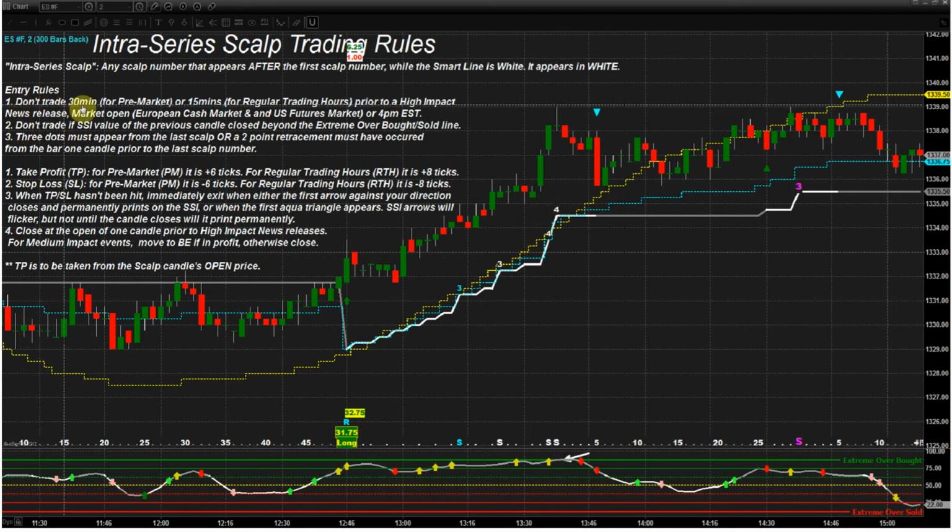The rules for the Intra-Series scalps. First of all, don't trade 30 minutes for pre-market or 15 minutes for regular trading hours prior to a high-impact news release, a market open, European cash market or U.S. futures market open, or 4 p.m. All these times, when there are high-impact news releases or cash market opens or U.S. market opens or 4 p.m.,